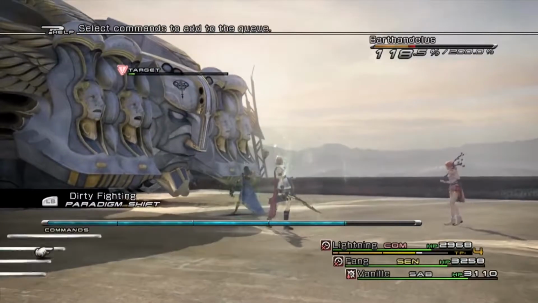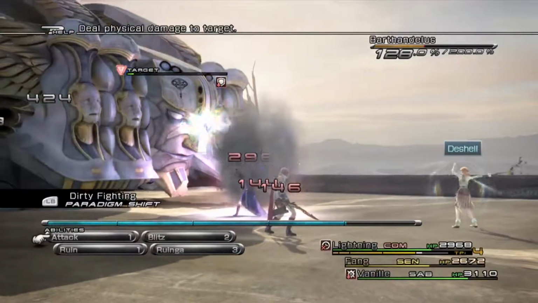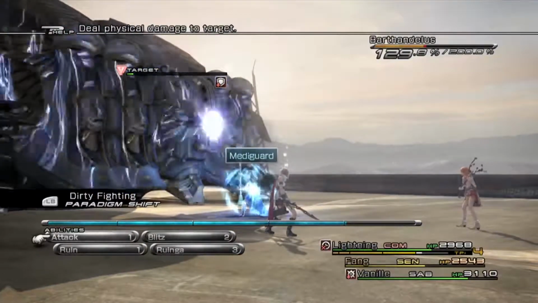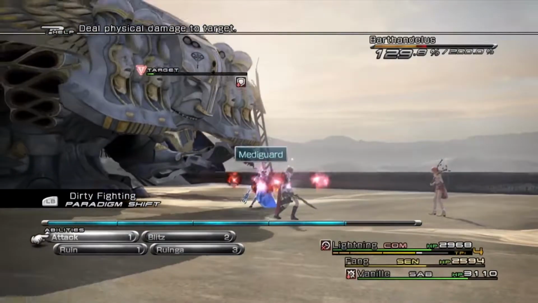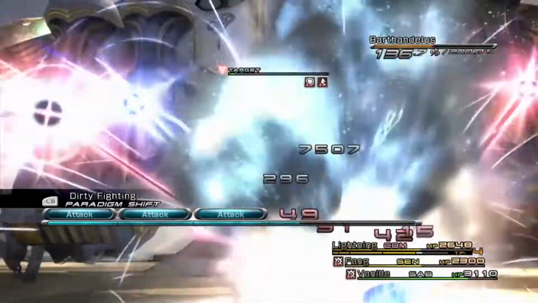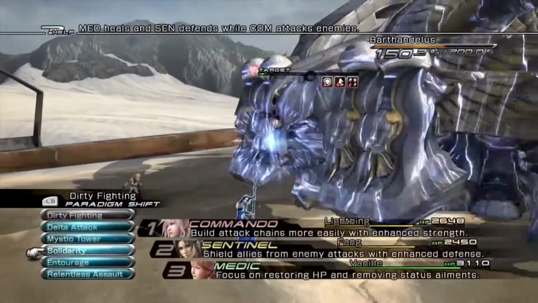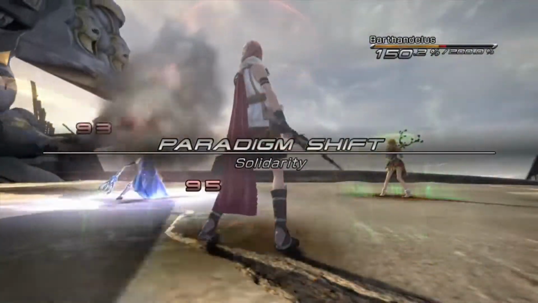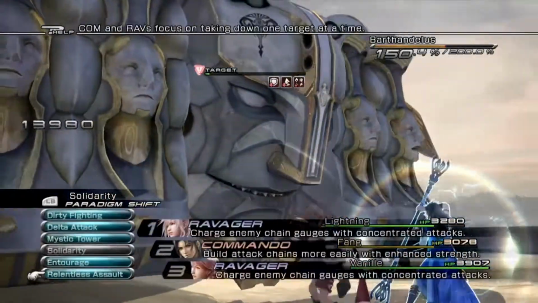Vanille, I'm gonna... Oh shit, he put Daze on me. Crap, I hate that. There's Shell, Protect. Oh man. He's completely incapacitated me. I hate that word. Alright, there's all the buffs. Switch back to Solidarity so Vanille can heal. Don't give up! Alright, that should be good. Let's...